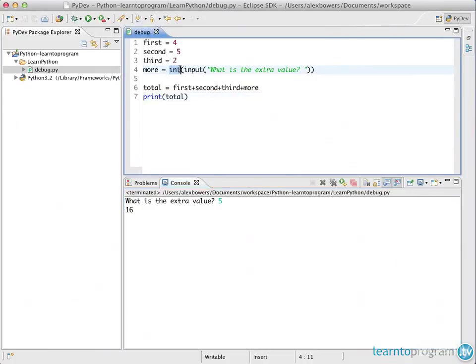The reason why we have to put int around here is because we're getting input from the user, and it's always going to be interpreted as a string. And so we have to convert it to an integer, otherwise you can't add a number to a string,